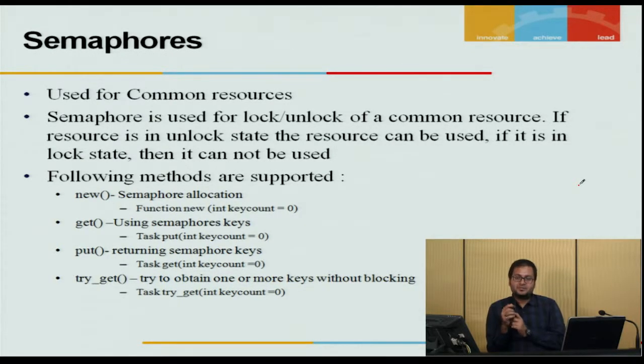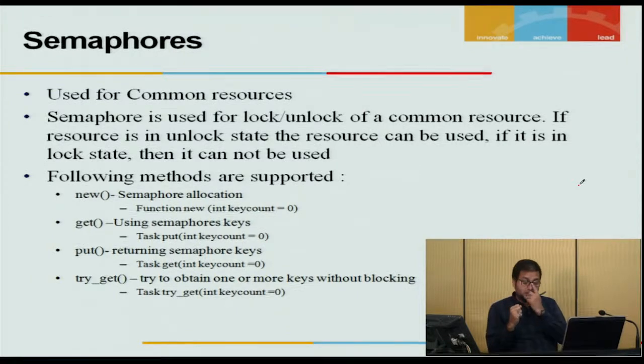So it may happen that at one particular instance of time a generator can use that resource, then it will leave that resource, then the monitor will use that resource, and then it will pass it on to the scoreboard. That kind of sequencing, or mutual exclusion basically, is achieved through semaphores